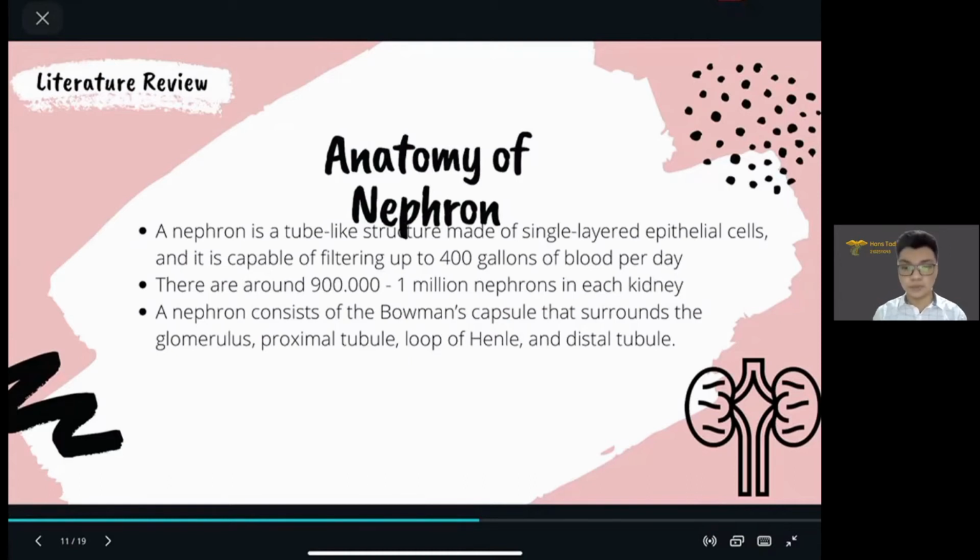This is the anatomy of the nephron. So the next part is the loop of Henle, which is located at the S3 segment end. There, the proximal tubule connects to the thin descending loop of Henle. It also reaches the part in the middle of the outer and inner medulla, which later on connects to the ascending loop of Henle.